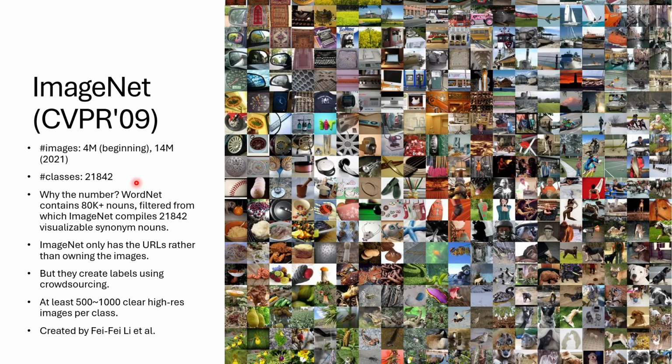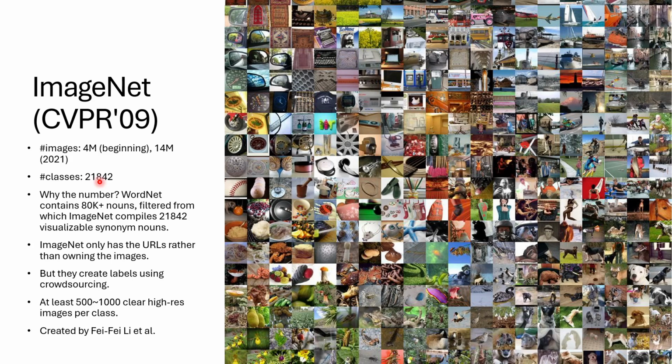From WordNet, there are more than 80K nouns, but some of them are synonyms. So they filtered out all of those synonyms to get the remaining 21K nouns. That is the reason there are 21K